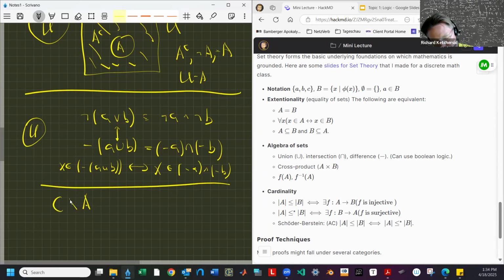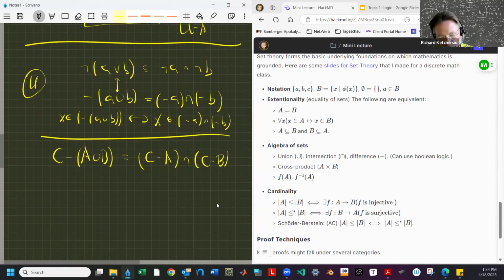Let me use C minus A union B. I want to show this is the same as C minus A intersect C minus B, right? So I want to show something like that. And in doing that, I can instead look at a truth table, which would be something like